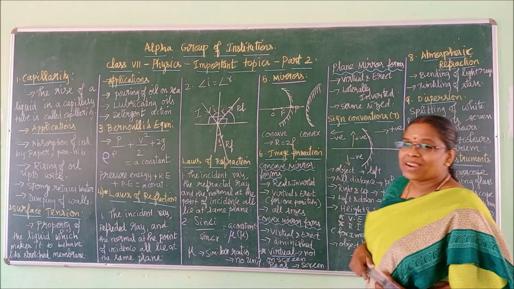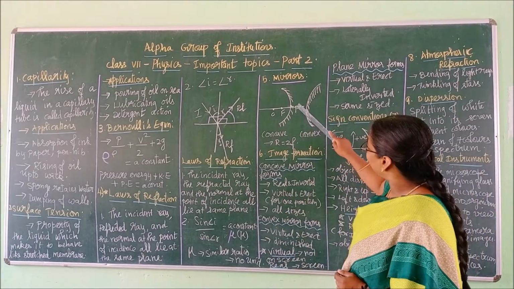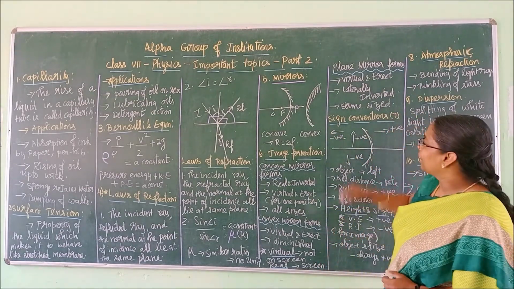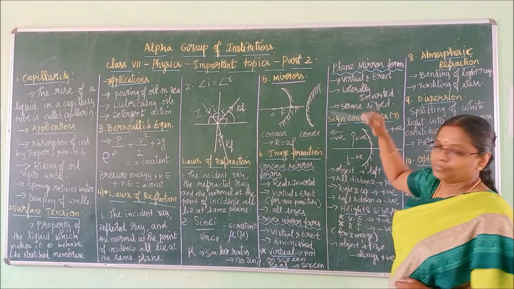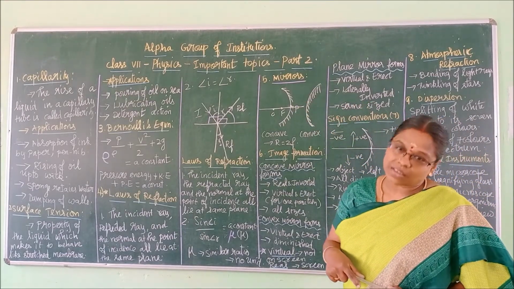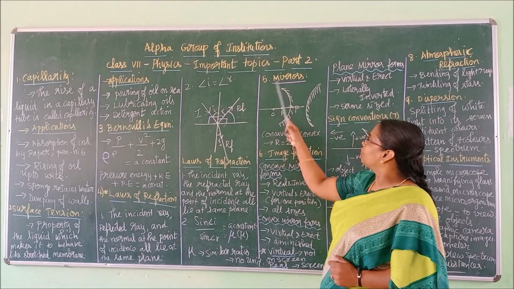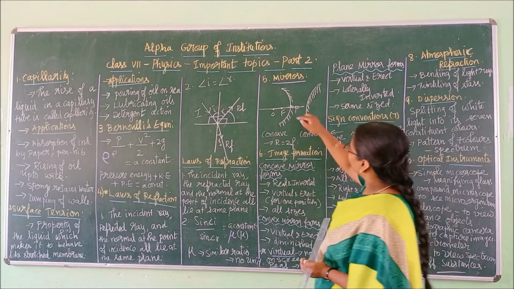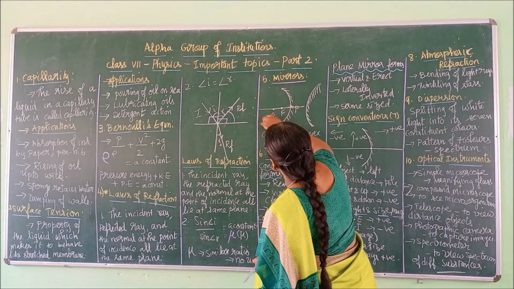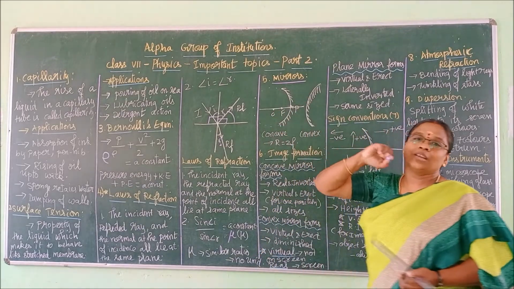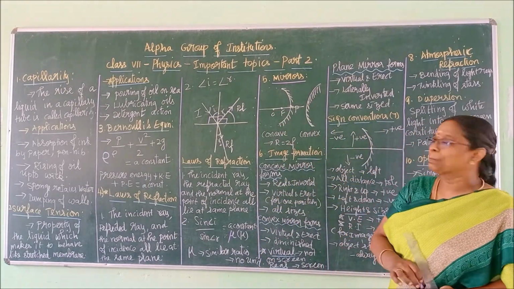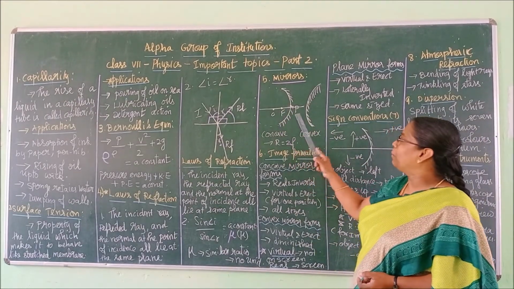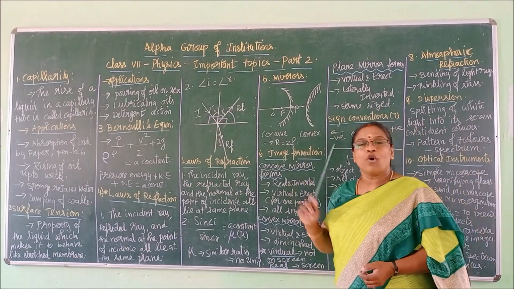Right? So what are the main parts we have to remember? The center point of the mirror is called the pole, P-O-L-E. And the line passing through the pole is called the principal axis. And the center of the sphere of which the mirror forms a part, like this part will form a sphere, no children. That sphere's center is called the center of curvature. And this center point is called F. That F lies between C and P. That is called the principal focus.